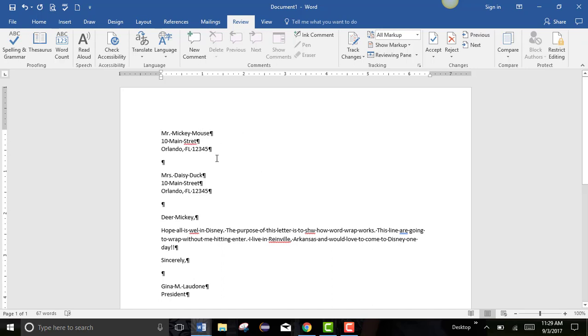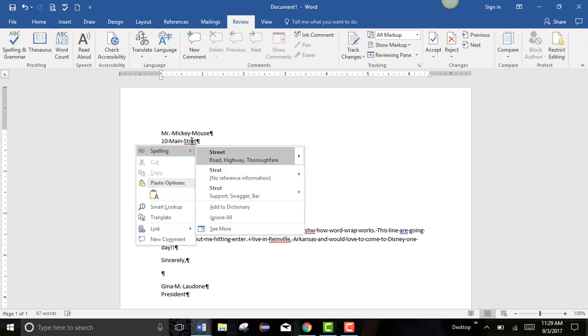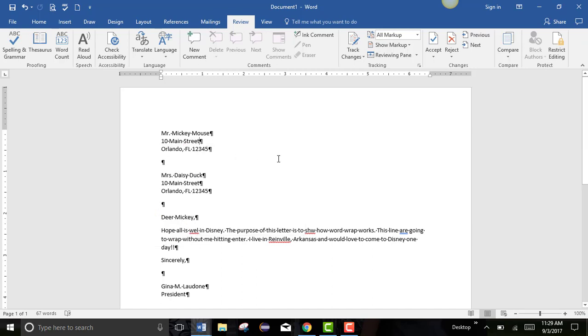One way that you can do this is you can simply right-click the underlined offending thing and just click it from the list and say, oh, it's supposed to be street, right? That's one way. So as you're typing, if you just want to fix things, you can do that. But what's somewhat easier is you just type the whole letter and then you go back and you run the